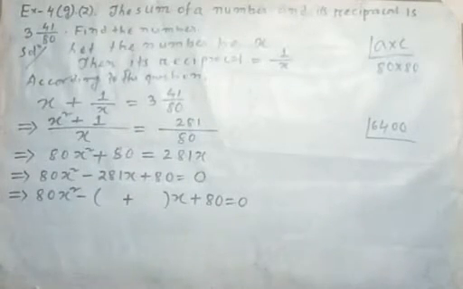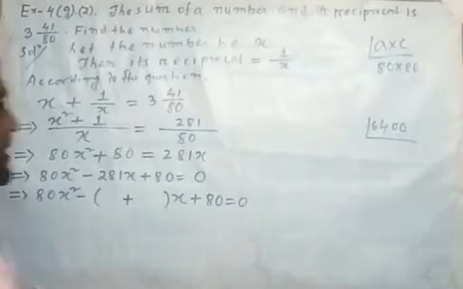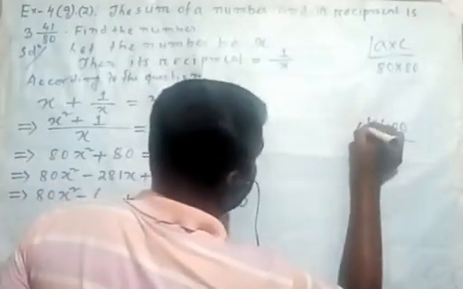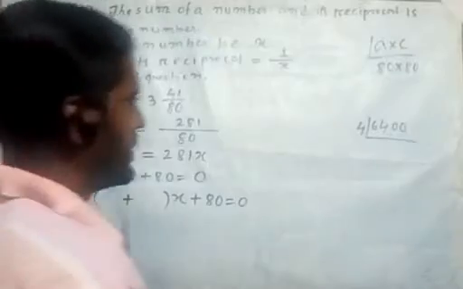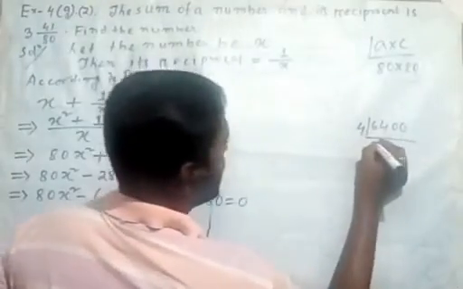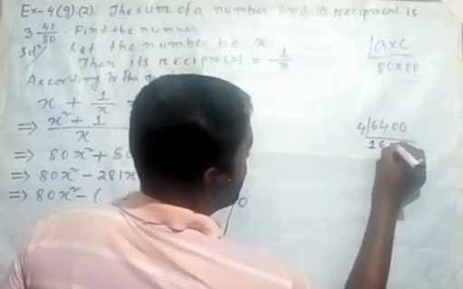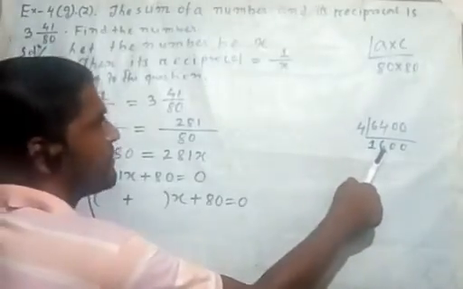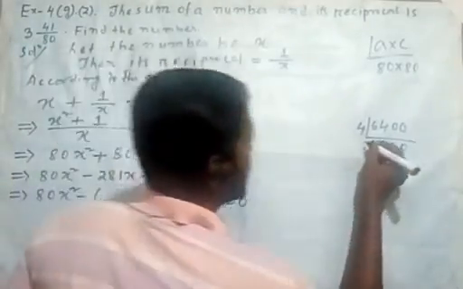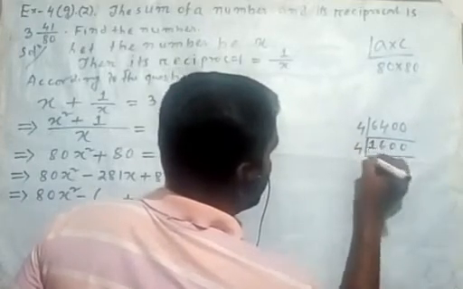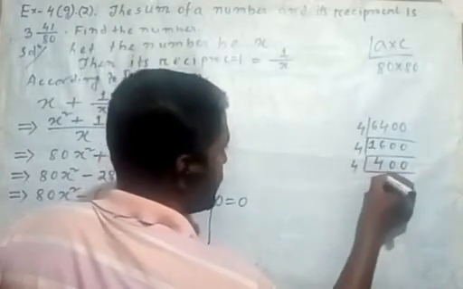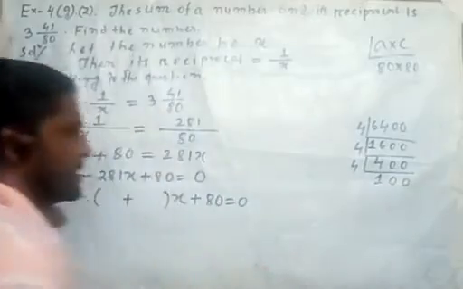So how can we do this? Start from the smaller number, or we can start from the bigger number also. If you start from 4, then 4 ones are 4, then remain 2 and 4, 4 sixes are 24, then 4 zeros are 0, then 4 zeros are 0. Again try by 4. 4 4s are 16, 4 zeros are 0, 4 zeros are 0. Again try by 4. 4 1s are 4, then 4 zeros are 0, 4 zeros are 0.